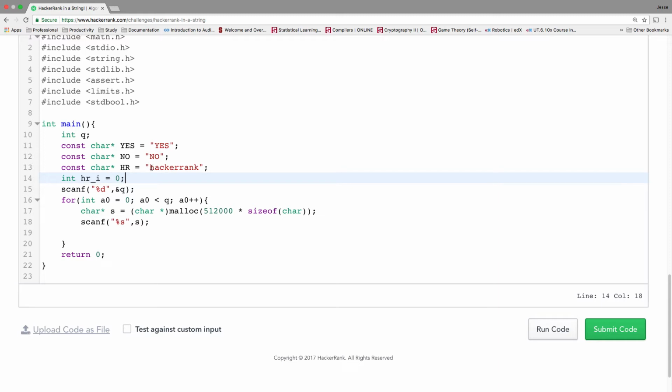And so as we go through, we're going to do a for loop on each string. For each of these strings, we're going to start with H, and every time we find an H, then we'll increment HRI. Then when we go back around the loop, we have an A, and then a C, and we have to find each one, and after we found each one, then we can print yes. And if the loop exits,